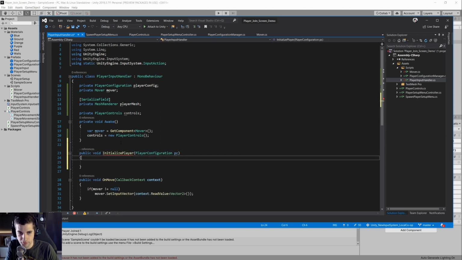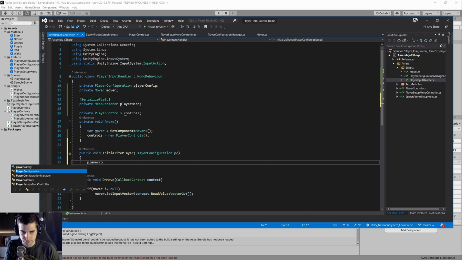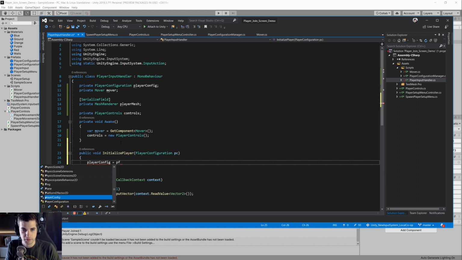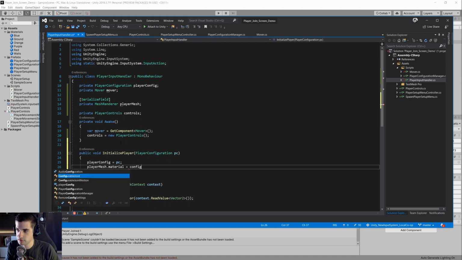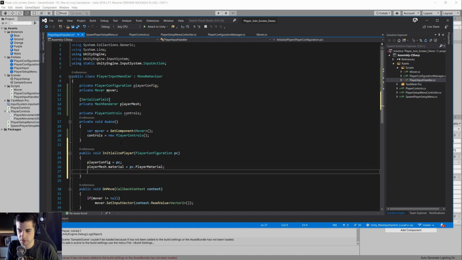Oh, is this void? Player config equals PC. Player mesh material equals config player material, and then we need to listen to the input. So config player config input